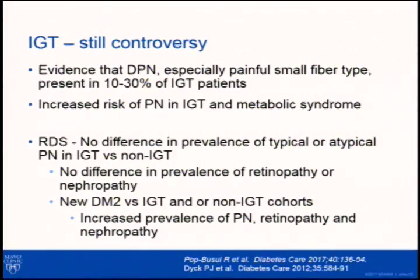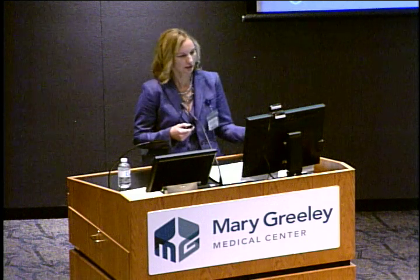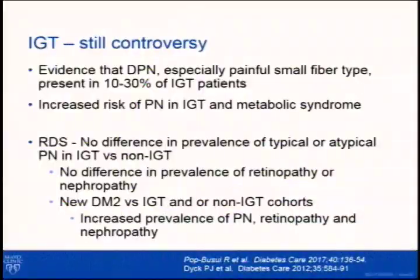So then there's the concept of, is peripheral neuropathy associated or caused by impaired glucose tolerance? And I would say there's still some split in the field about this, although we'll talk about how it's kind of coming around. But Dr. Peter Dyck at Mayo did a study involving our Rochester diabetic cohort that's been followed for a long period of time, and brought in a bunch of patients that either were normal controls or had impaired glucose tolerance or were type 2 diabetics, and reevaluated them, reclassified them into the appropriate groups,